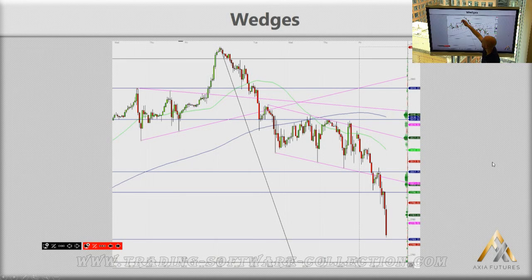You then get the continuation, and because ranges have started expanding, you get a 20 handle push to the upside. 23 handles, in fact, if you go 23 handles on top of that little high. Coming off, and you then get this, it's not quite a wedge, that's more a channel. And then we do get the break of the channel to the downside, pull back in